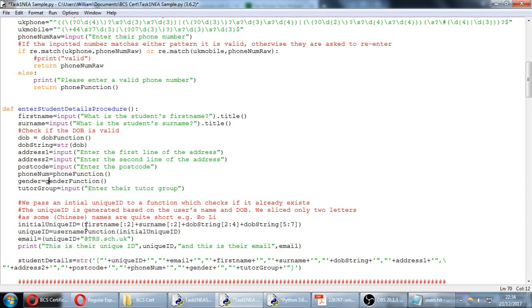by slicing the first 2 characters of their surname, and then elements 2 to 4, which is the year of their date of birth, and 5 to 7, which is the month for the date of birth. Date of birth itself has been